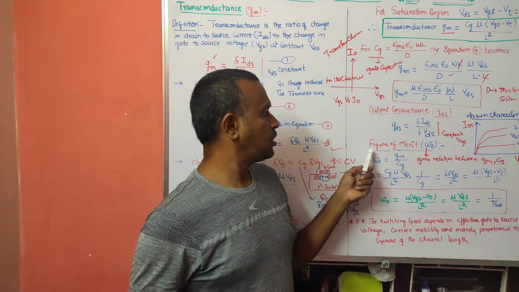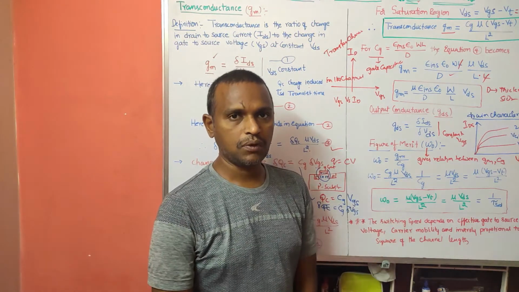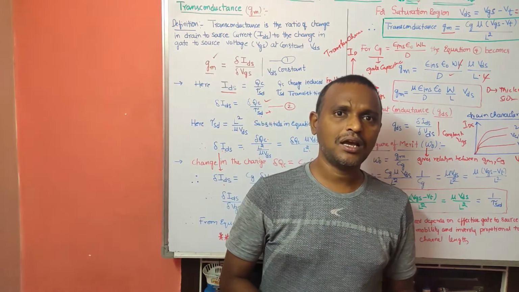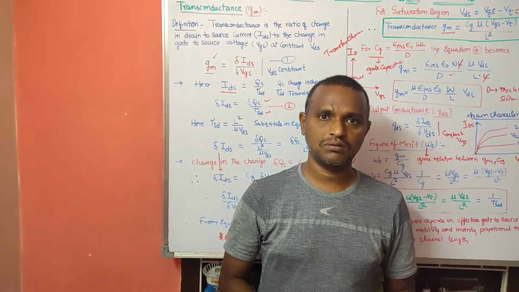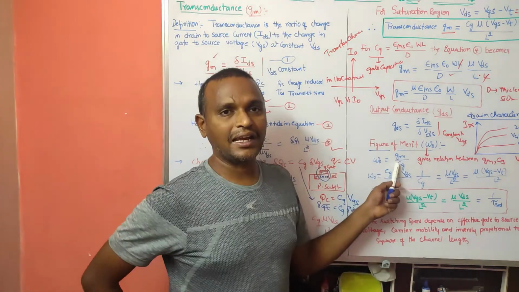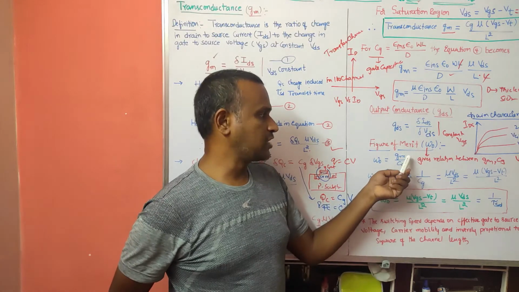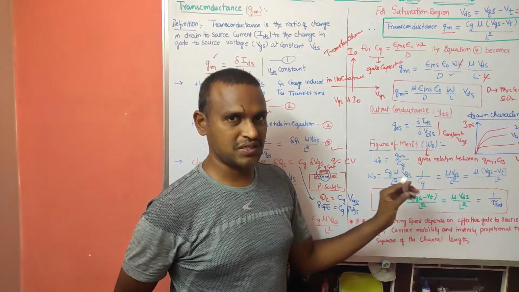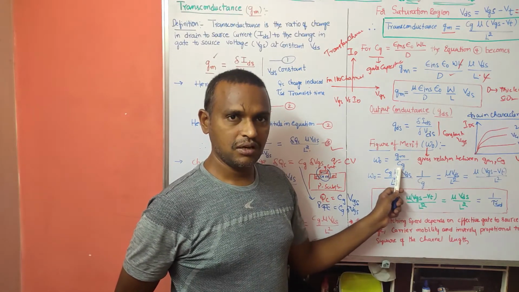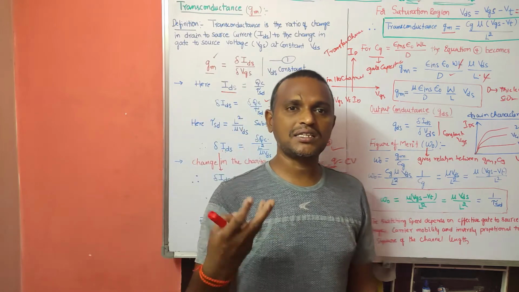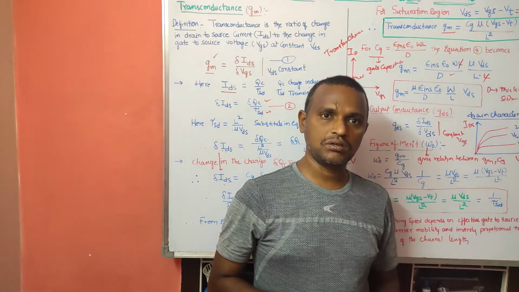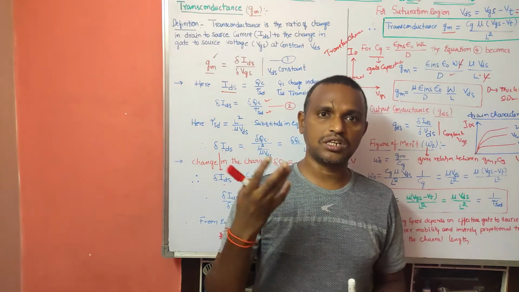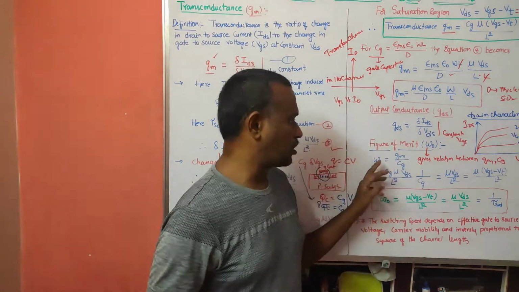So that is called the figure of merit. Generally we have RC, right? RC is nothing but the time constant. If you observe, conductance is the reverse of resistance, 1 by R, and it is Cg. So it is nothing but 1 by RC. RC is the time constant, so 1 by RC means the reverse of time constant, that is nothing but frequency. So that is the figure of merit.